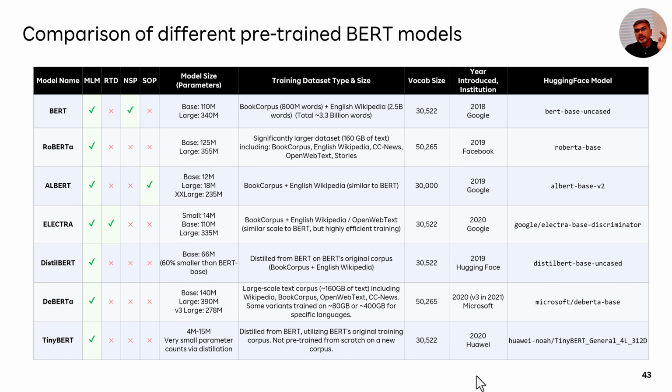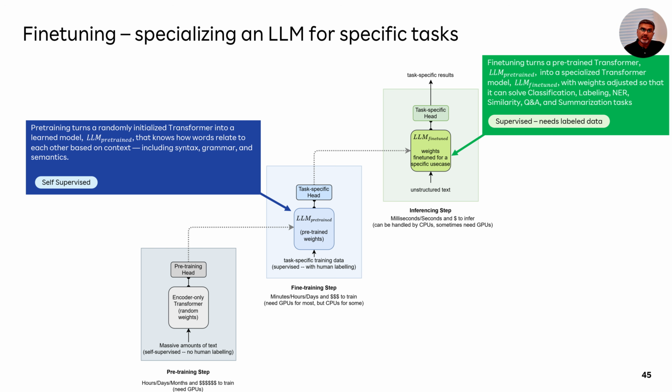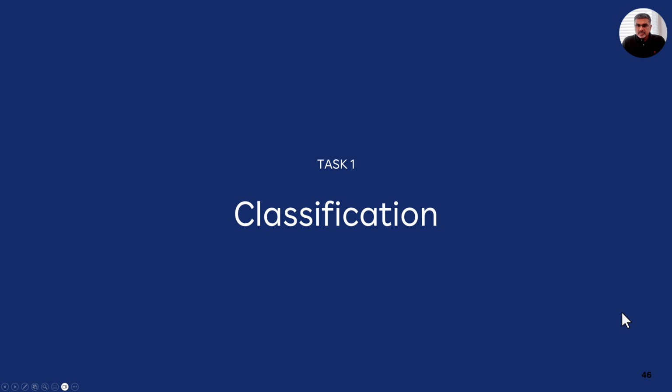Okay. So at this stage, we are done with pre-training. Now let's move on to step 2, which is fine-tuning. So now we have a large language model that understands language and sentence construction. Now we want to take that learning of language and train it to perform tasks. Tasks could be things like, as I said, classification or labeling or named entity recognition, similarity or duplicate detection, and so on. Now let's start looking at the different types of tasks for which you can fine tune our